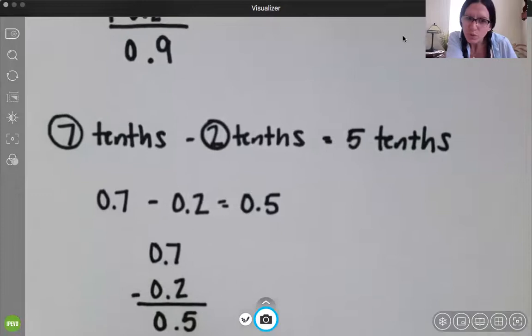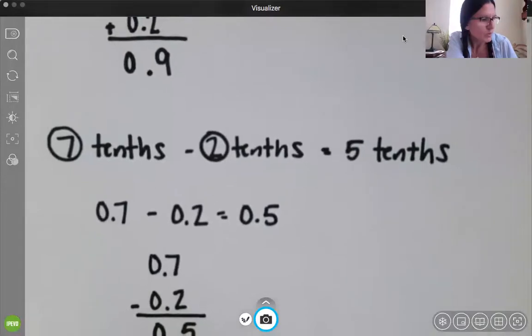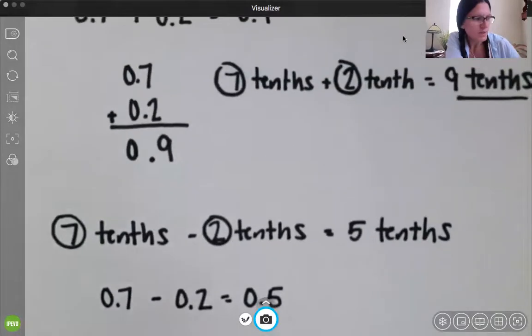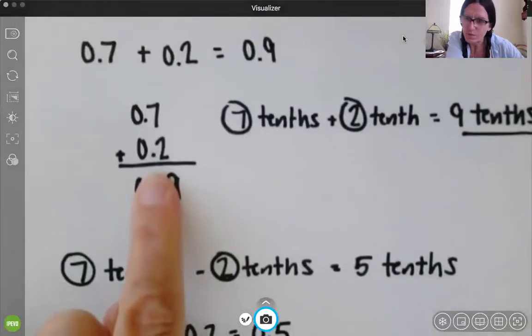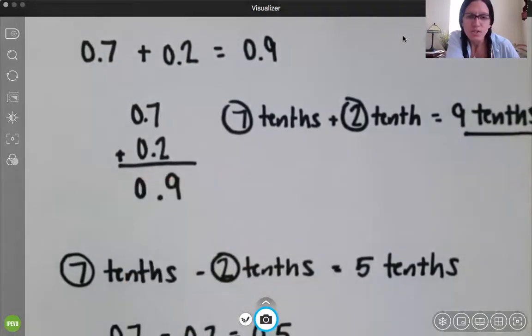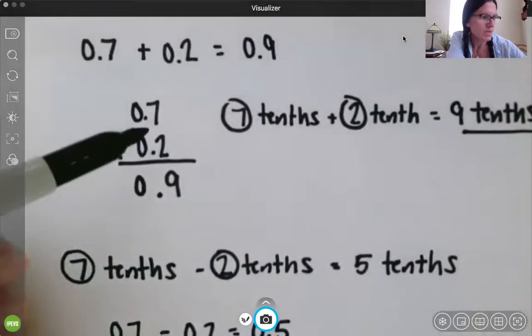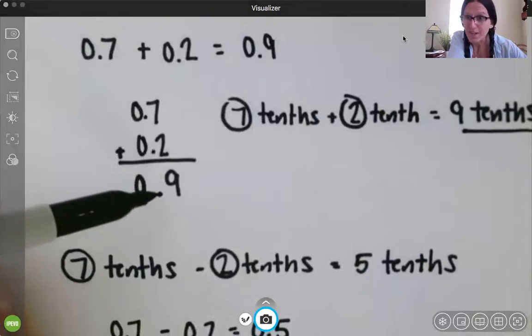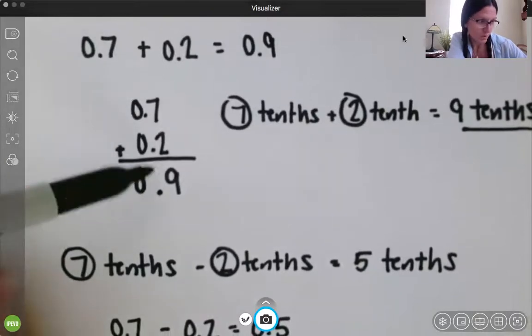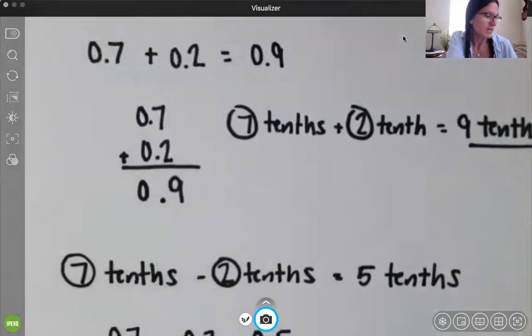So one thing to note when you're adding or subtracting decimals is that you may have noticed the placement of the decimal is critical. Just like if you were adding whole numbers, you start in the ones place, you go to the tens place, you go to the hundreds place. Well, if you're working with decimals, you start with the tenths if that's the least or the smallest value. Equally,